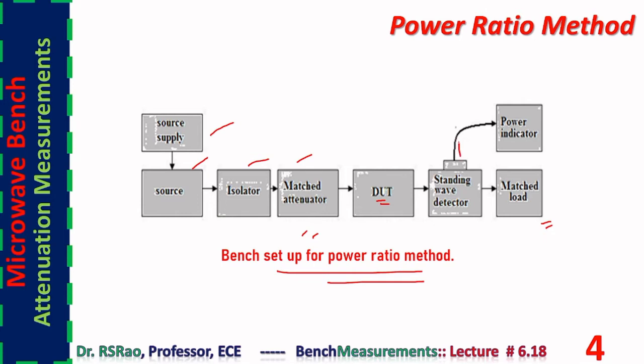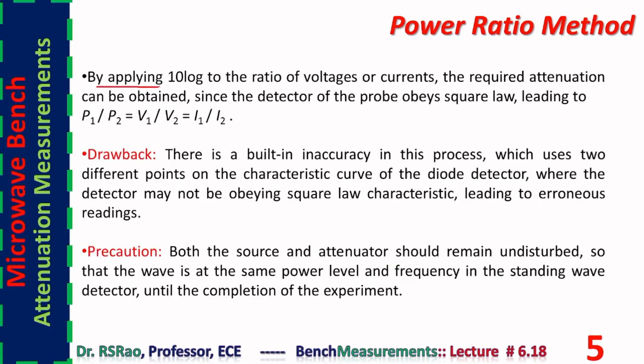The tunable probe output is connected to a power meter if a power meter is available. Otherwise, you can connect it to a CRO or a voltmeter, ammeter kind of thing. We have to take readings once without DUT and once with DUT in the bench setup. By applying 10 log to the ratio of voltages or currents, the required attenuation can be obtained since the detector